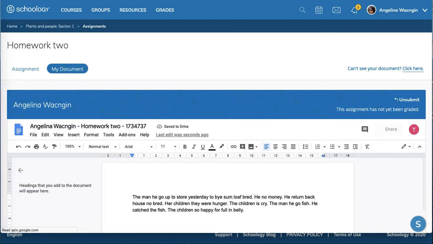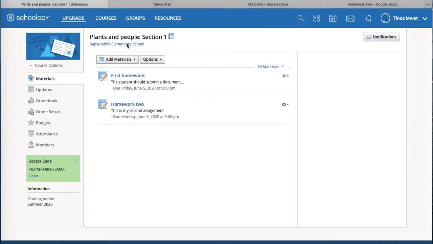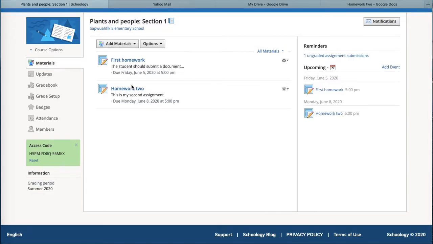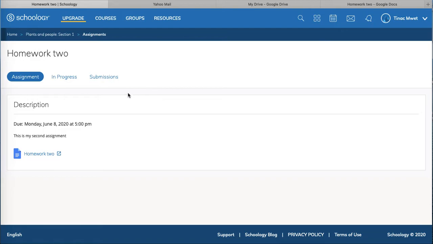Back at the, from the teacher's perspective, when they click on homework 2, the interface will look a little different. This is what it looks like. This interface is the teacher's interface for Google Drive assignments, and it's different than anything you've probably seen